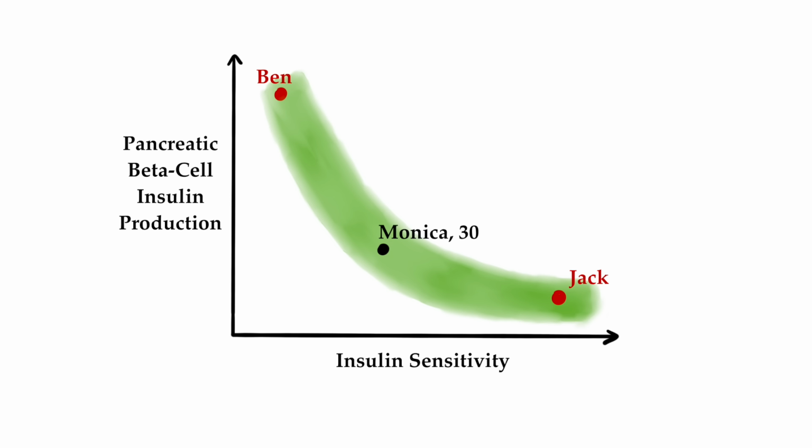Or Monica. She's an overweight 30-year-old woman. She is a little bit insulin resistant, but her beta cells produce a little bit more insulin and she remains totally glucose tolerant and healthy. But now she is pregnant. Pregnancy, just like puberty, is a phase in which it is natural to become insulin resistant. For Monica, she moves here, a lot lower insulin sensitivity, and her beta cells are unable to keep up with the higher demand. She now has gestational diabetes.